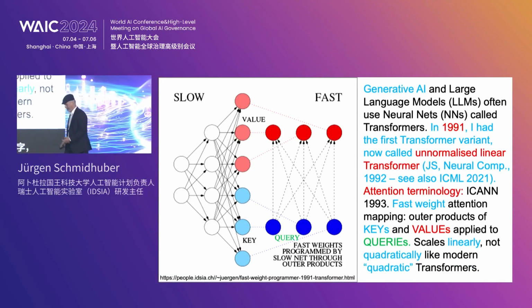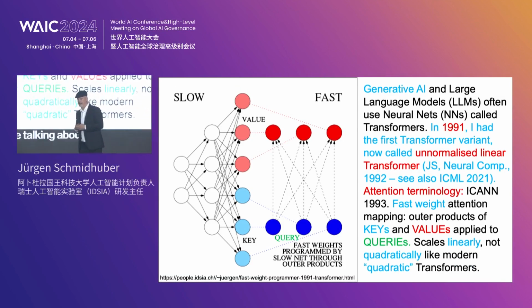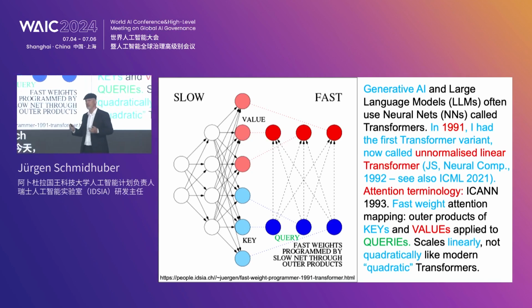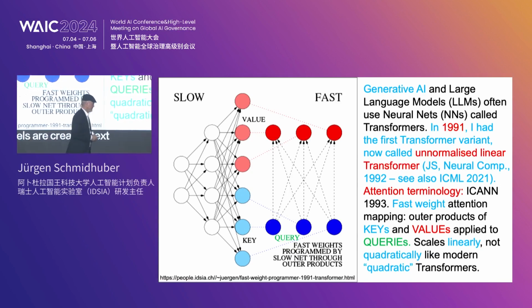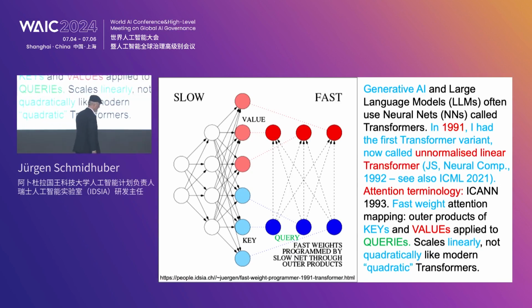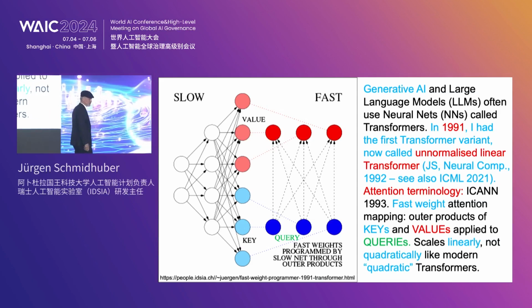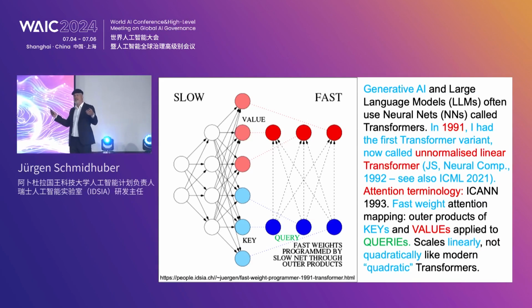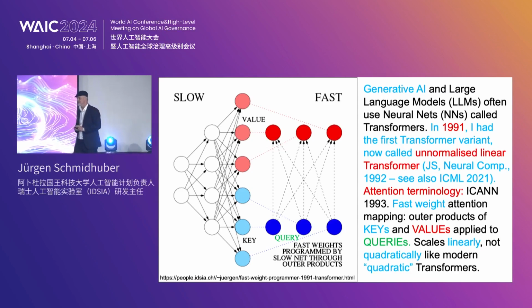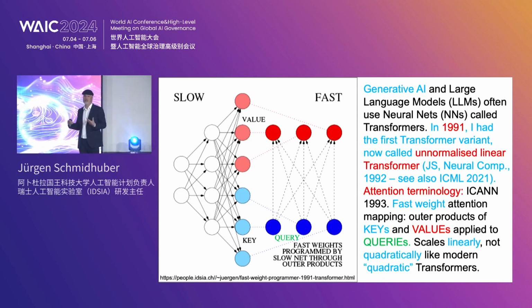Today, many people are talking about generative AI. Generative AI, which has taken the world by storm, as large language models are creating texts which are almost indistinguishable from what humans produce. And I'm quite pleased about that, because the stuff that is driving these large language models is a neural network, an artificial neural network called a transformer.